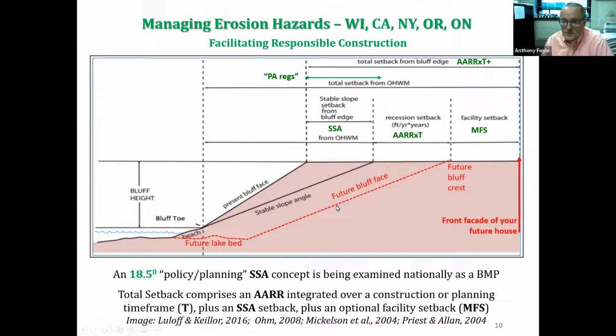So what that means is Wisconsin was looking into using this to make more conservative construction setbacks. What they do is they look at the average annual erosion rate over time, maybe 40 years like we do, or 60 years, times the duration of the property. It's 50 years for a house. And that will give them a construction setback or a recession setback right here. Okay, it's this distance. And if the present bluff face is here, they'll incorporate this 18.5 degrees and then say this bluff face is unstable. We're going to assume it's going to regrade down to 18.5 degrees,